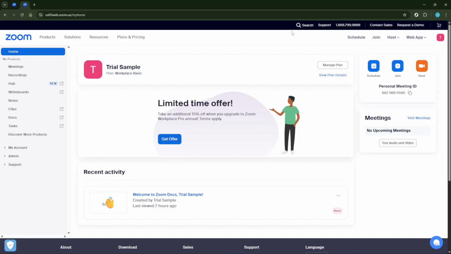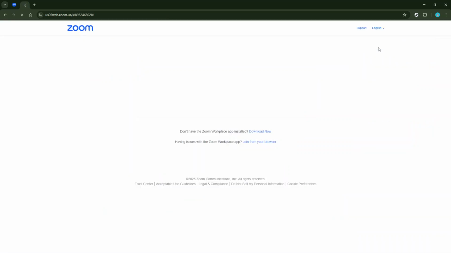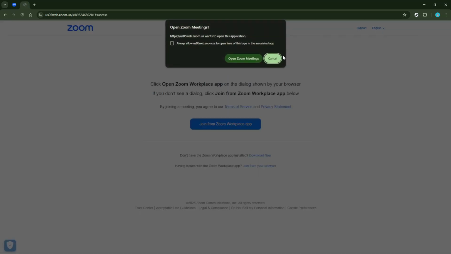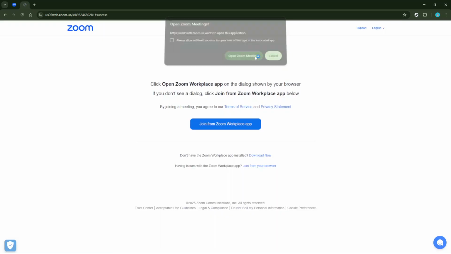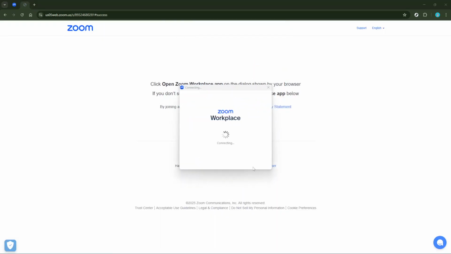Once you're logged in, you will see an option at the top of the screen labeled Host a Meeting. Click there, then select Join with Video. This choice ensures that your video feed is part of the meeting, providing a more personal touch and helping participants feel more connected, as they can see facial expressions and gestures, a key component of effective communication.